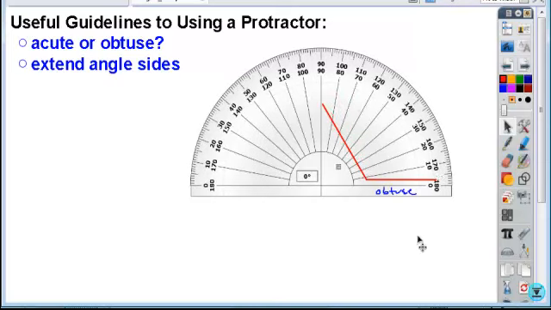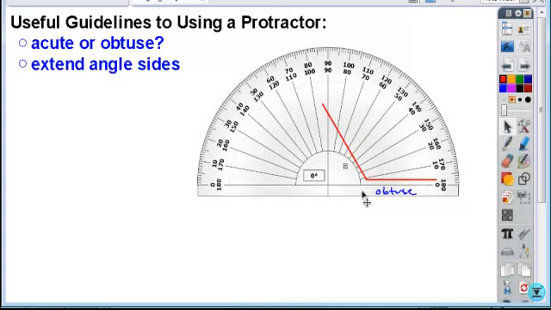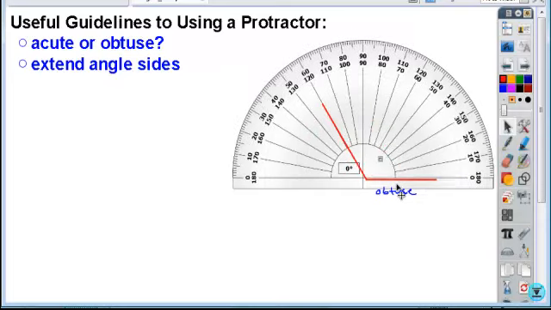In order to remedy this, what you may want to do is extend your sides. That way, you're guaranteed, or more likely anyway, to find exactly where it passes through. So if I extend my side here,